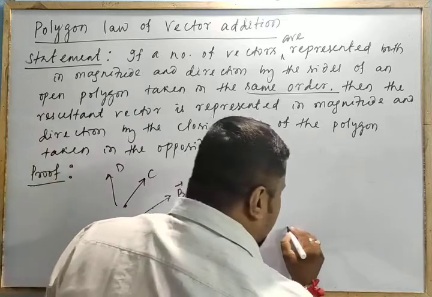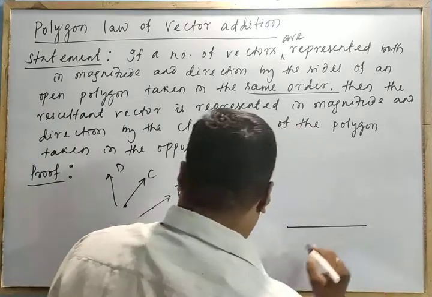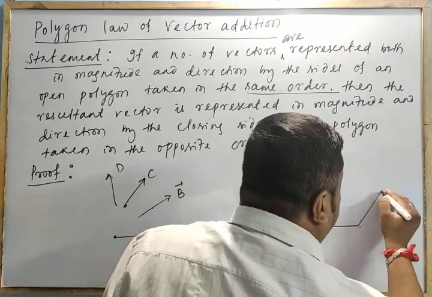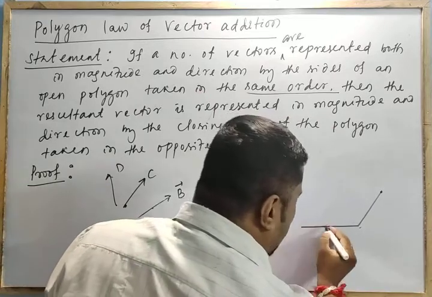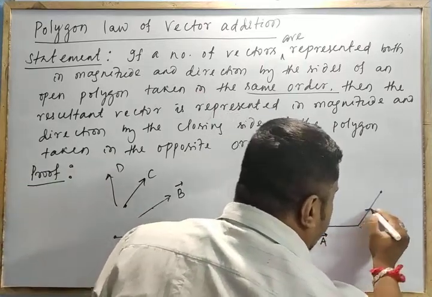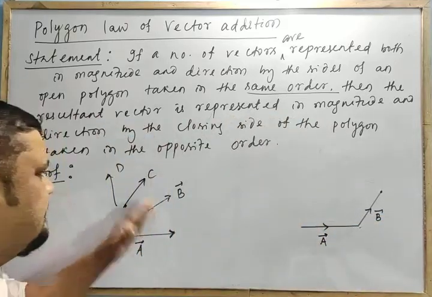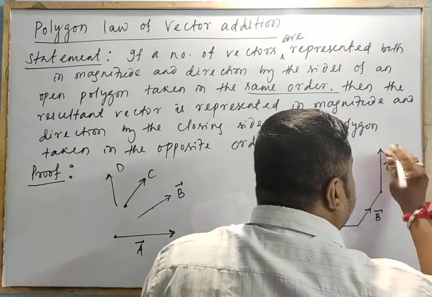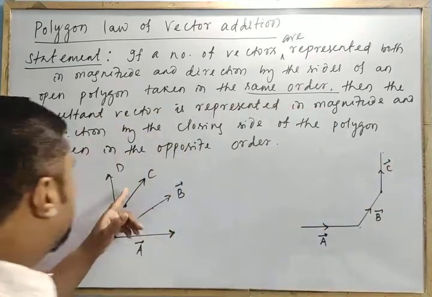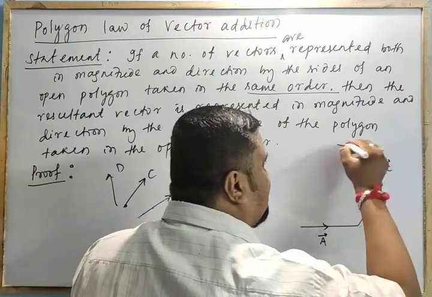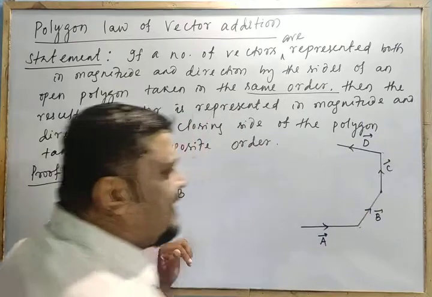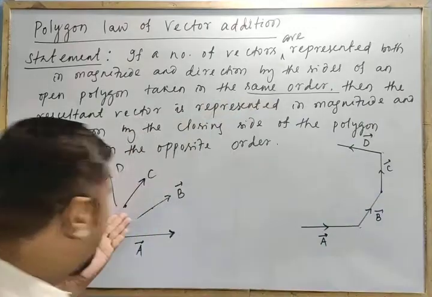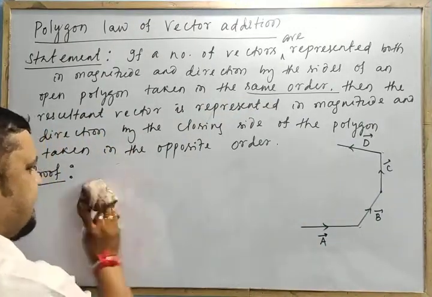So by parallel shifting, let me make the sides like this. A, B. Okay, let me make this small one. A, vector B, isn't it? Then let me make the C like this. C. Then as a vector D, suppose by parallel shifting, let this be D. If they are represented by the sides of a polygon taken in the opposite order, instead of giving like this or like this, if they are right, this is our law.